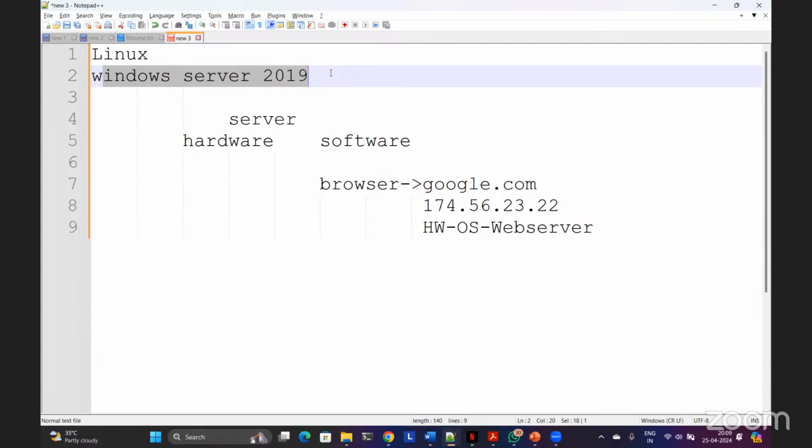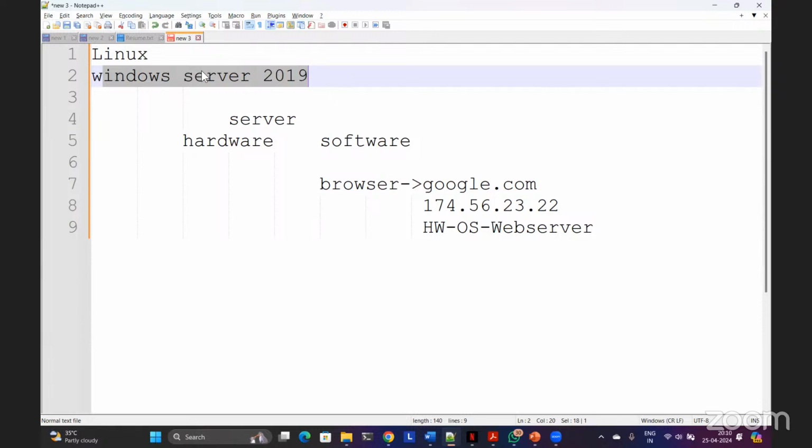So let's say a new update arrived, and after 2 days you get to hear news: this update is buggy, something is not working, Wi-Fi stopped working. Then Microsoft will release another update to fix that problem, right? So this is carried forward to the servers also, and that's why Windows teams are always on their toes. And whenever they are updating the servers, they already contact the Microsoft support team, so if anything goes wrong, they immediately connect and get it resolved, right?